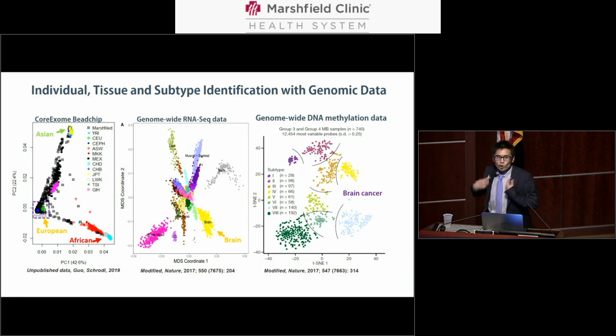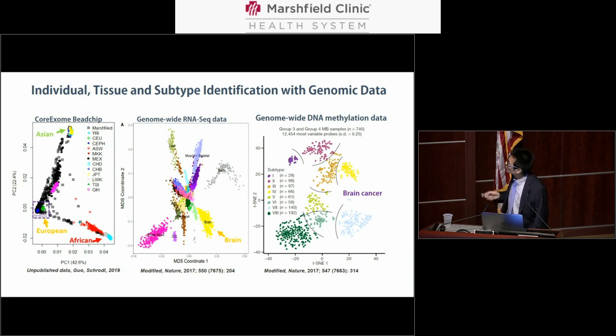Then, in humans, we have almost 200 different tissues. So how do we separate different tissues? It's very easy, actually. You just use genome-wide RNA-seq data. With genome-wide RNA-seq data, you can separate different tissues very clearly. For example, this is the liver, this is the muscle, this is the brain. They are quite clear. So how about the methylation? Methylation actually can give you more